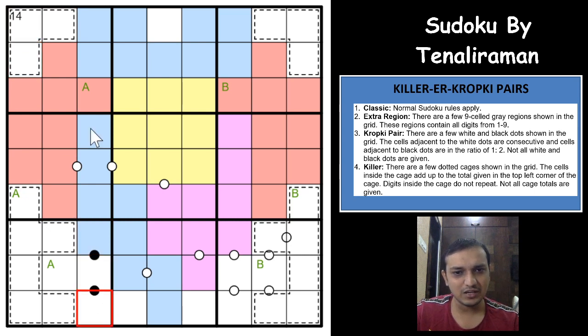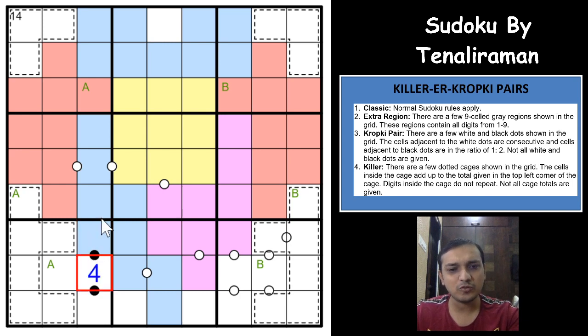So whatever you have here cannot be in these 3 cells, cannot be in the red cells, because you already have those digits in box 4. That means that would have to be in the 14 cage. So the exact same 3 digits whatever you have here will have to be in the 14 cage, which means that there are two possibilities of numbers, 1, 2 and 4, or 2, 4 and 8. So can you have the sum 14 with any of the one possibility? Yes, it is 2, 4 and 8. 2, 4 and 8 sums 14, right? 1, 2 and 4 sums 7, which means that these 3 digits would have to be 2, 4 and 8.